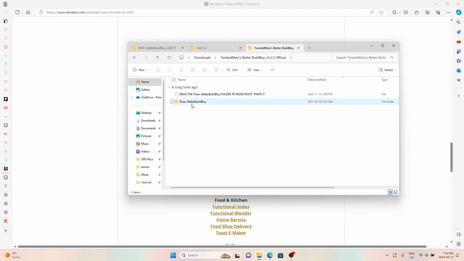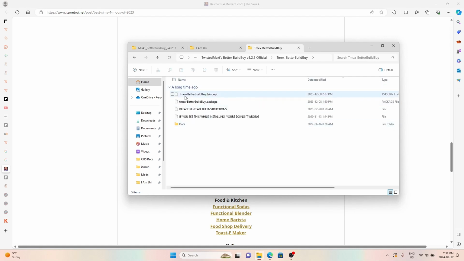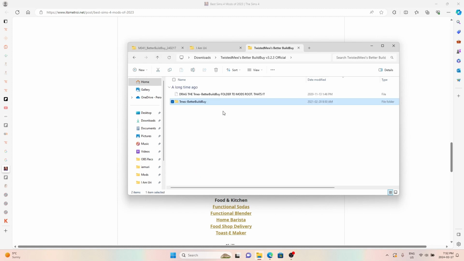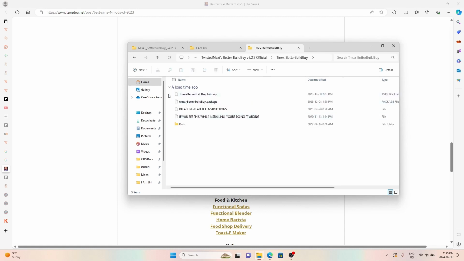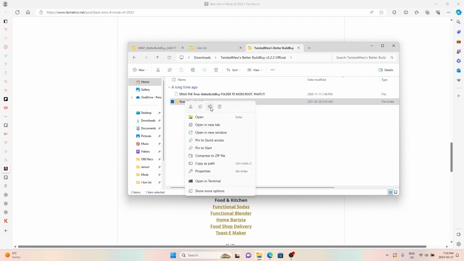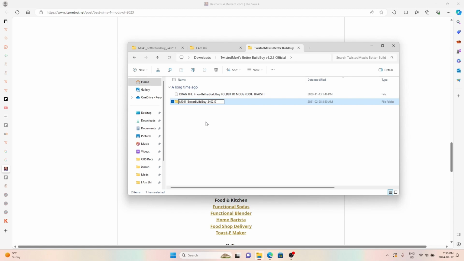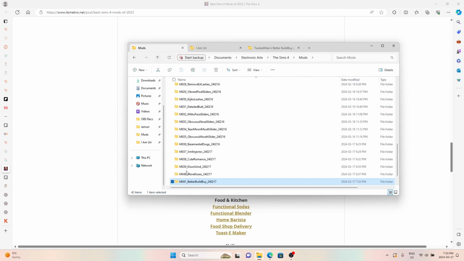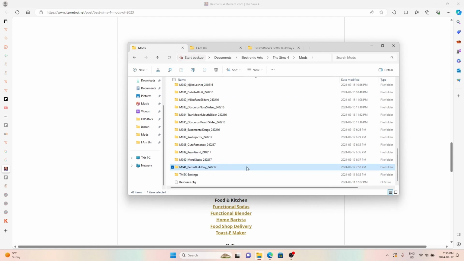That's it. So I'm gonna break your rules a little bit, Twisted Mexi, because I really just want it in my own folder. I hope they don't have any specific routing that's tied to this name, but that would be a little weird, wouldn't it? So I'm just gonna take everything in this folder, or better yet, I'm actually going to just right click on this folder, rename, and change the name to my name. Then I'm gonna go back here and delete that original folder,